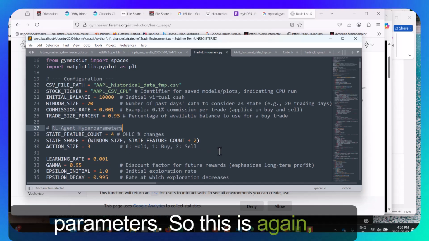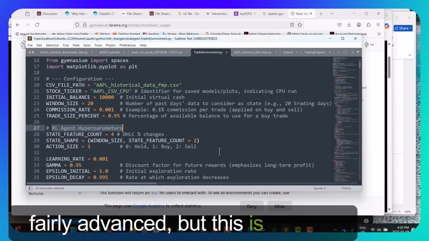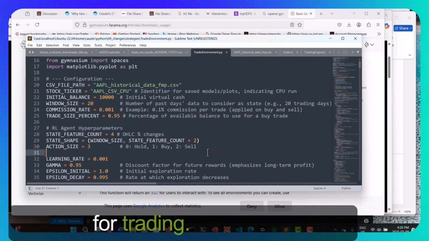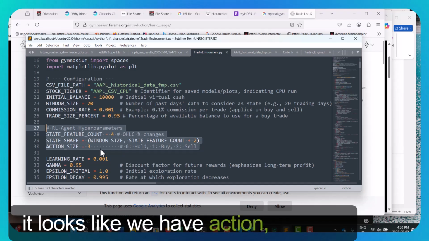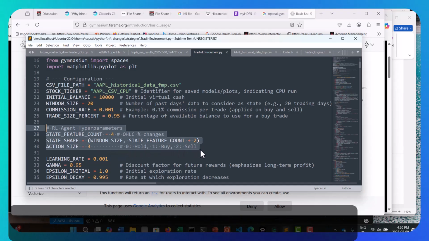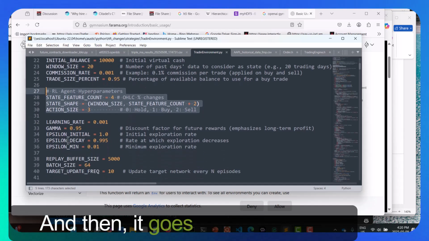So this is again fairly advanced, but this is specific for trading. So here it looks like we have action size, buy, hold, and sell, and then it goes into a learning